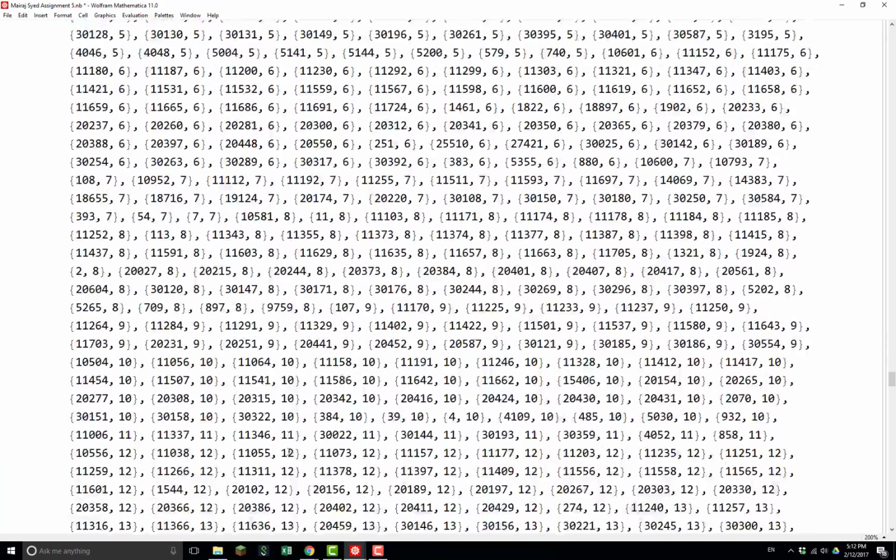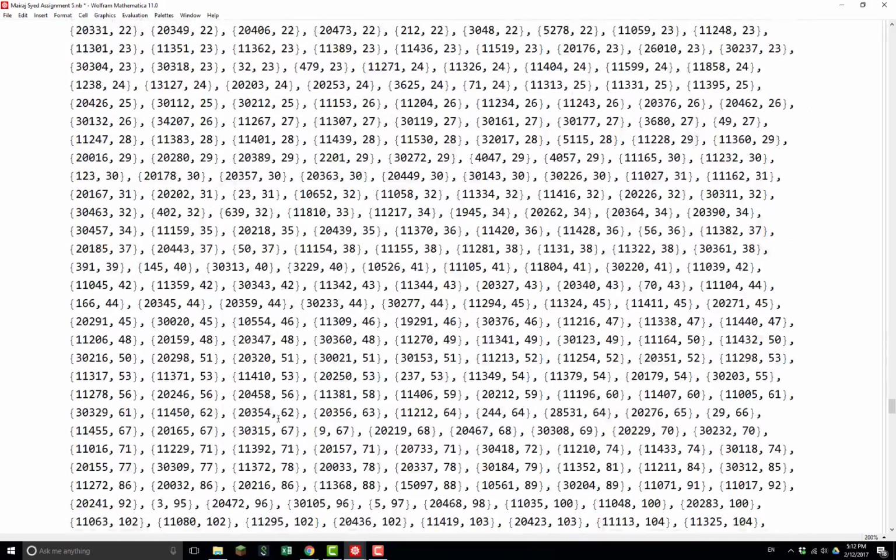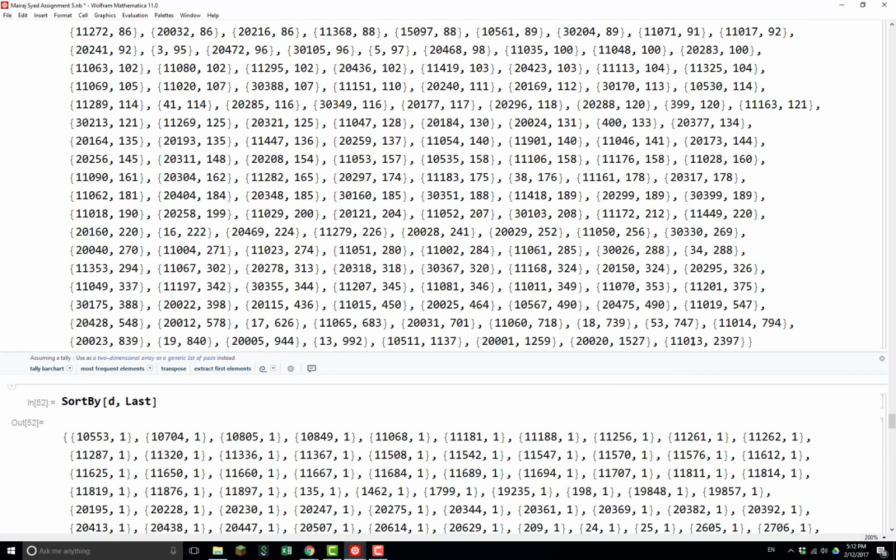and then you go down to the bottom. 11013 occurs 2,397 times, and that is your most cited narrator. 20020 is second most, 20001 third most, 10511 fourth most,